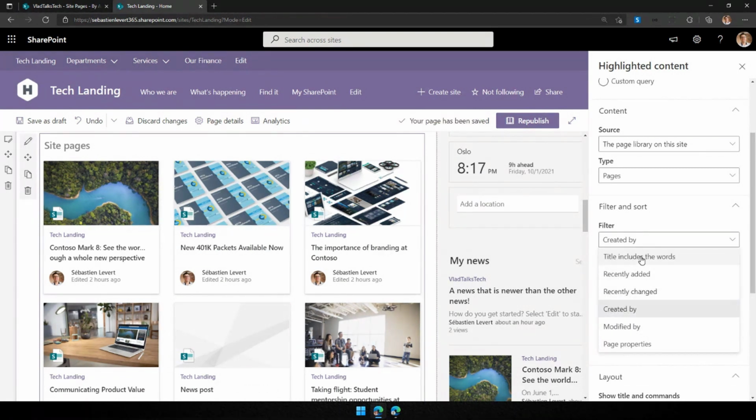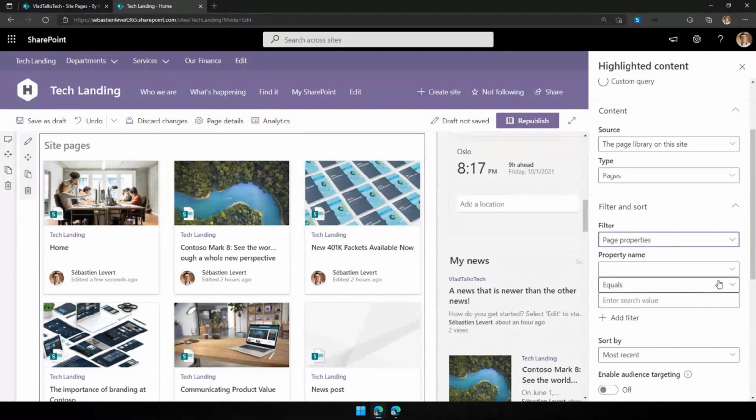But what is cool, I really think that one of the coolest things here is page properties. In this page properties here, I can see all the different properties that I have. In this case, I only have a title. But if you add, for example, a category field, or you want to add some ways of adding metadata to these news or pages, to add some extra context to the page, you will be able to select it